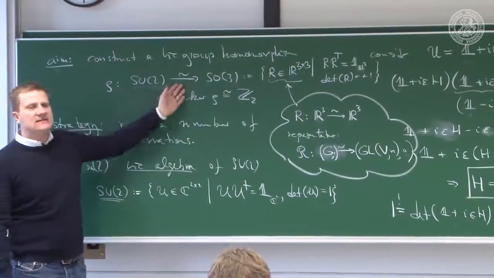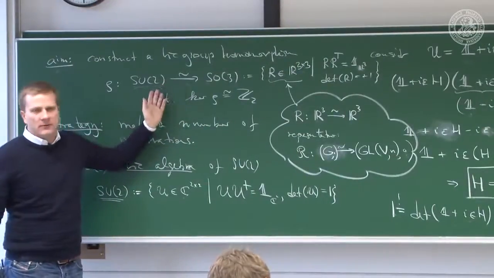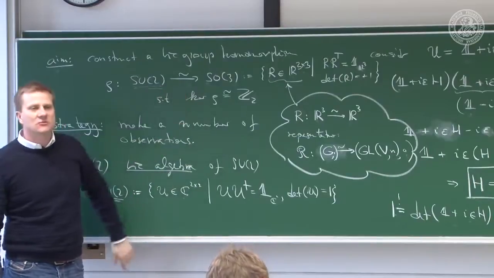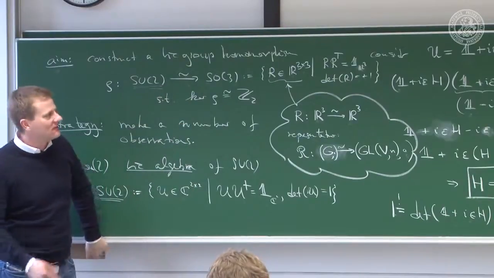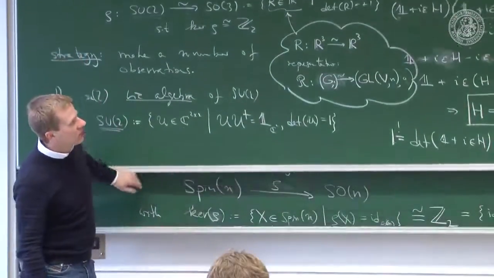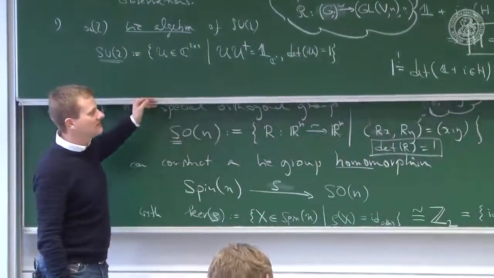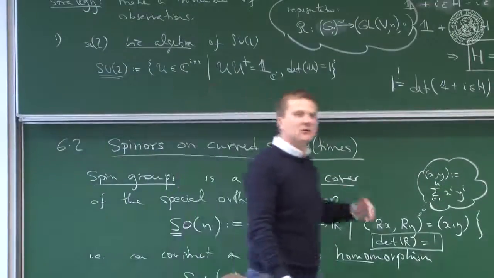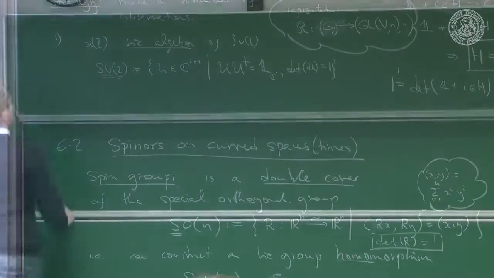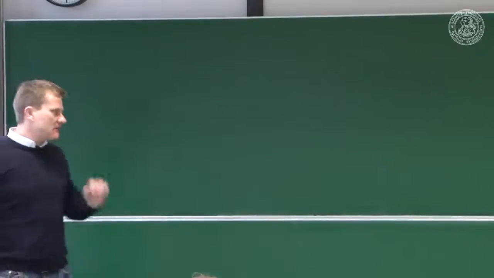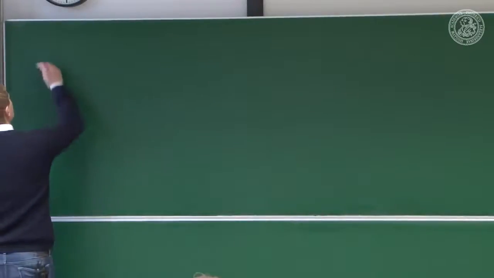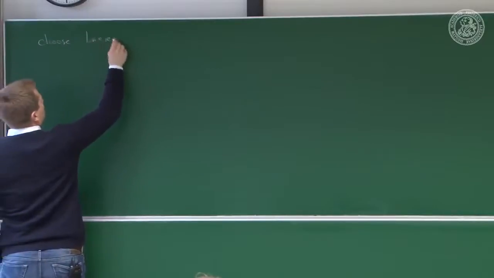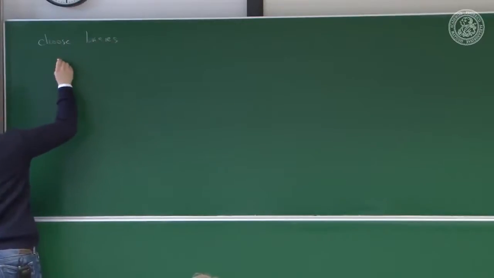I could write this down in line 1, and then you say, how on earth do you come to this kind of expression for this map? Well, that's what we're discovering. So I try to show you how the thinking could have gone if we didn't know the answer already. In order to write down explicit maps, it's useful to choose bases. So choose bases. And the first basis we choose is